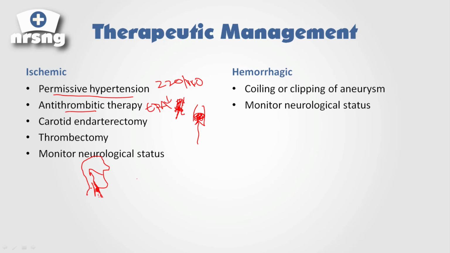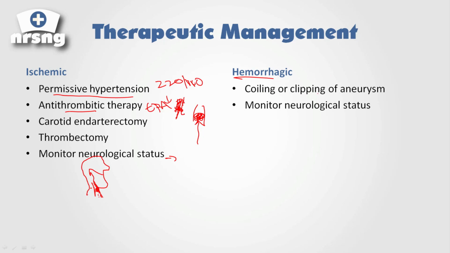There's thrombectomies as well. With thrombectomies, that's kind of when the CTA would be used. The patient will go into interventional radiology, and the physician will actually go up to that clot, encase it, and pull it out. Okay, so it's pretty cool watching that, and so that would restore blood flow. And then we're obviously going to monitor neurological status.